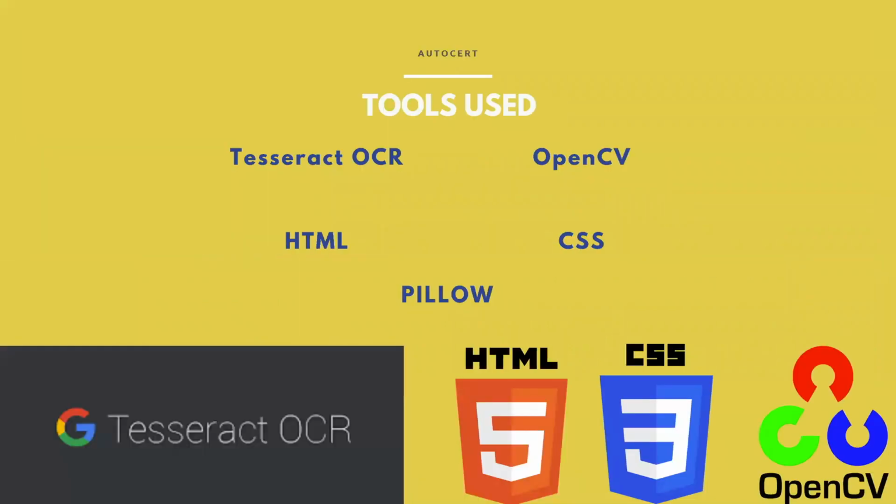The tools which we used are Tesseract OCR to detect the text in the certificate, OpenCV to put the text in, and HTML and CSS to design a dashboard. Our final product is a dashboard made on Streamlit, which gives the user a good user experience as it has a good GUI, and it makes everything much smoother. We've designed our dashboard using HTML and CSS, and Pillow was also used to read the certificates in byte format.